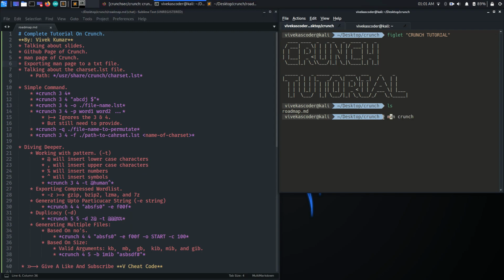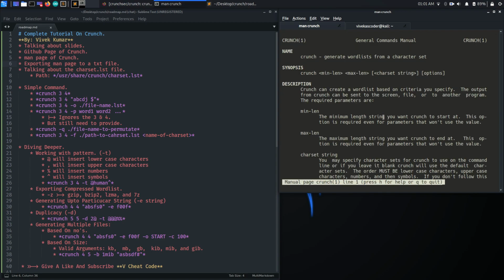Man is actually the utility of Linux which provides the official documentation of tools like Crunch, right? In order to see the documentation of Crunch, you just need to type man and then the name of the tool. Hit enter. This kind of interface will come on your screen.